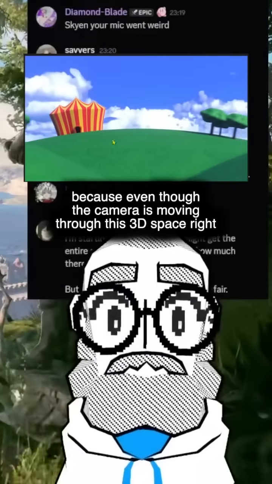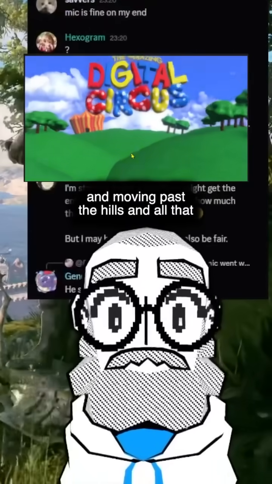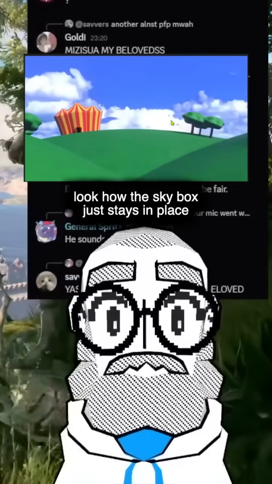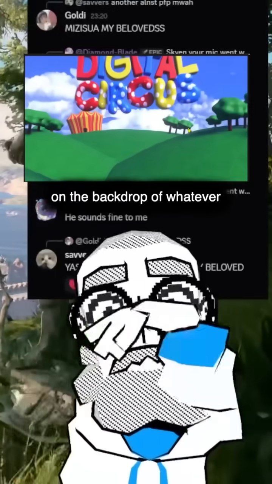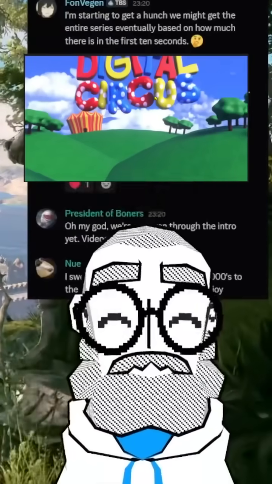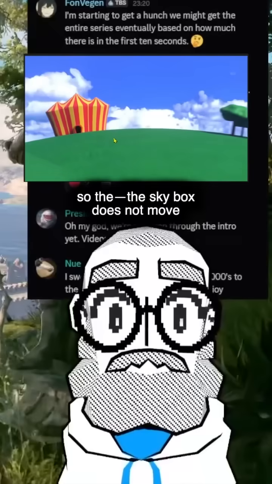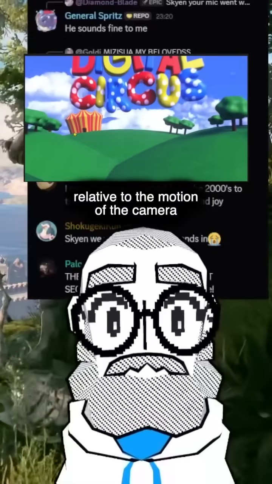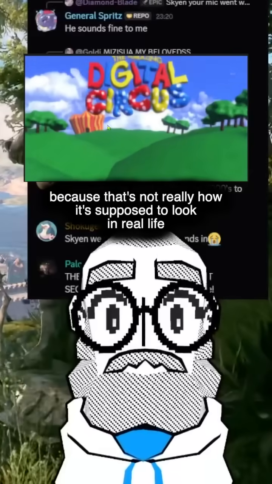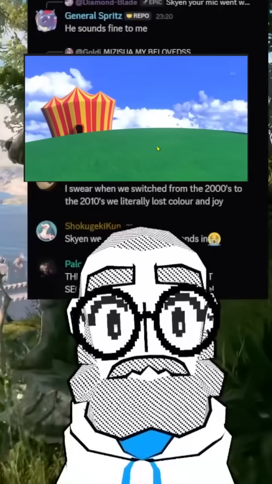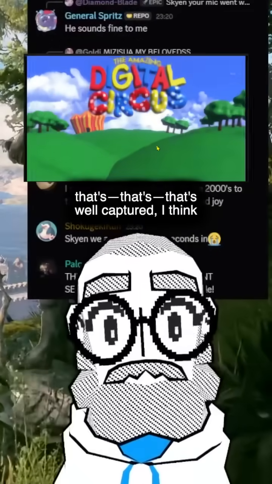moving through this 3D space, right, and moving past the hills and all that, look how the skybox just stays in place. It doesn't move because it's a static projection on the backdrop of whatever the camera is observing, so the skybox does not move relative to the motion of the camera, and it looks weird because that's not really how it's supposed to look in real life. That's well captured, I think. Anyway,